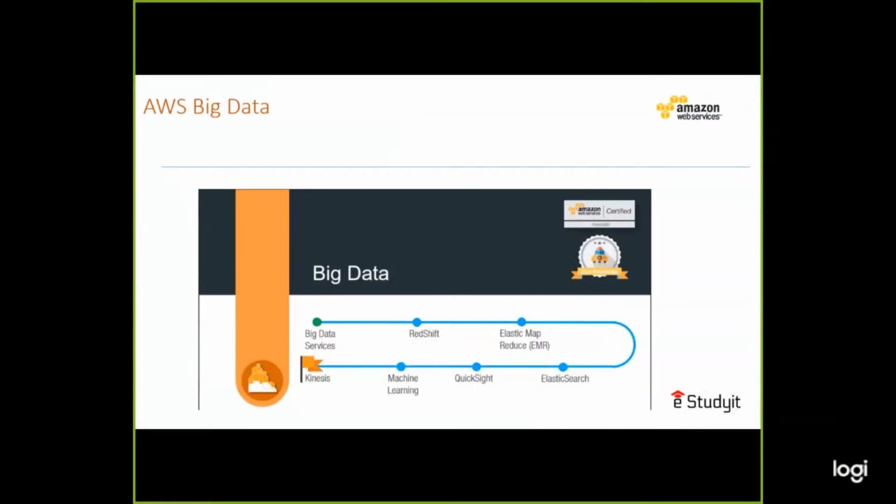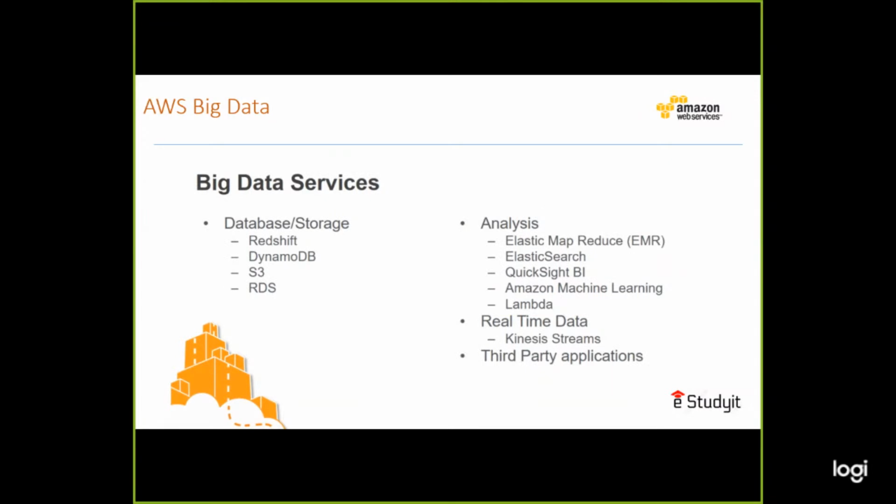Now that's the big data now available on AWS, and these services enable you to achieve the best result if you want to use big data services. Now we have to note that there are many data storages to use for big data, and we have to actually